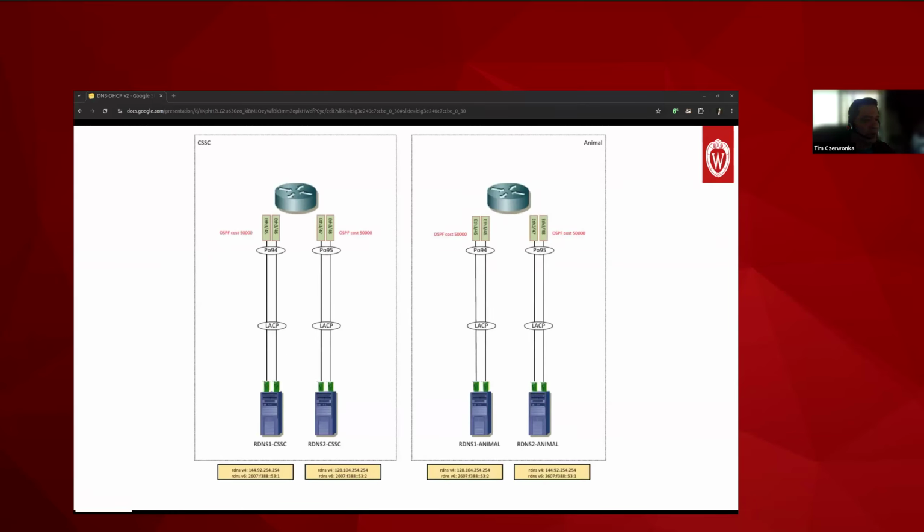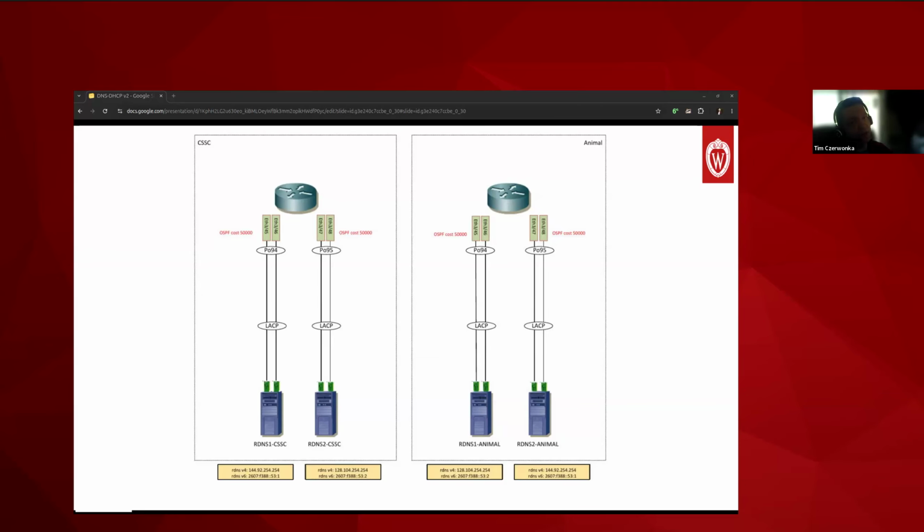Here's a sort of simplified network diagram. The 4 servers are directly connected to campus core routing infrastructure at 2 of our supernode sites. And these pairs advertise their shared address to the connected routers. In the case that either server in the pair goes down for any reason, they speak a routing protocol with the router itself. If they go down, the route's withdrawn and the other server receives all of the traffic.